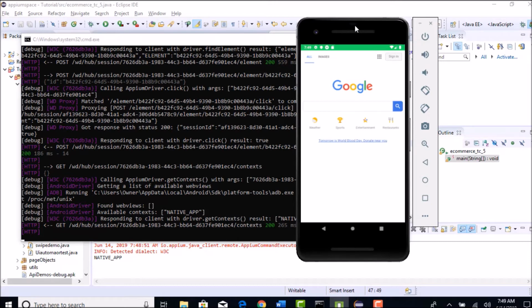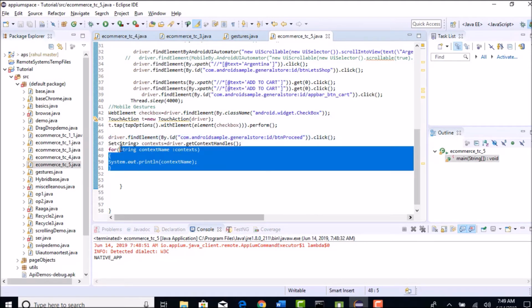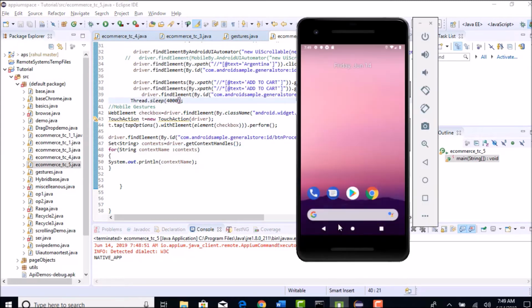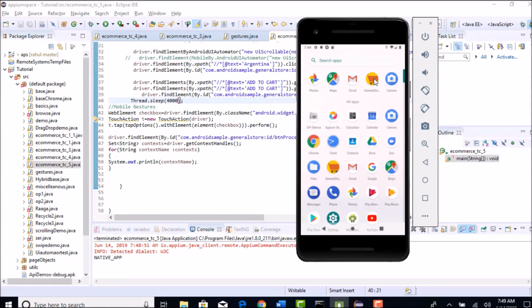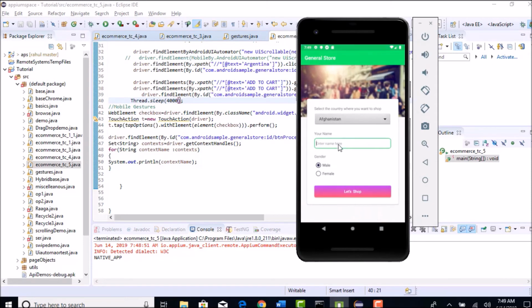Do you know why? Because it selected that button, but the browser is still rendering. It is not fully converted into web view. Before the browser opens up, you are doing it very quickly, and then it's saying that, hey, currently I can see only native app. The problem is that before the web view is completely open, we are pulling up this code. Okay, so let me show you that.